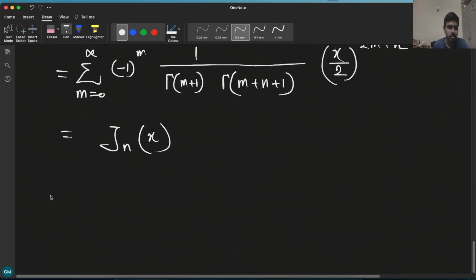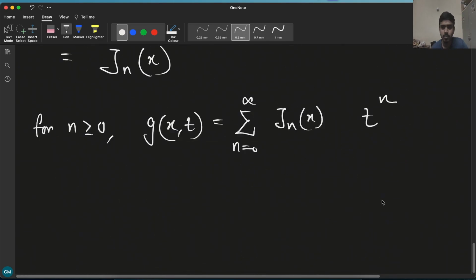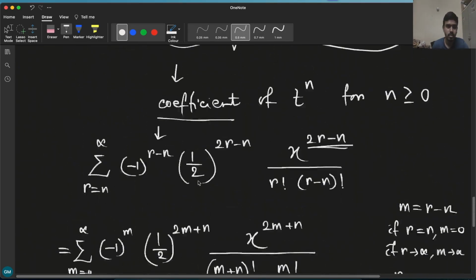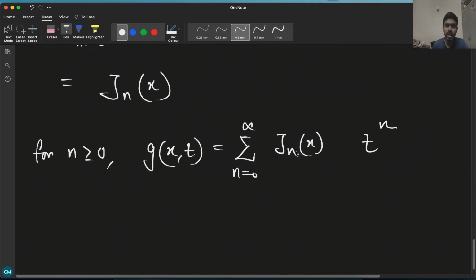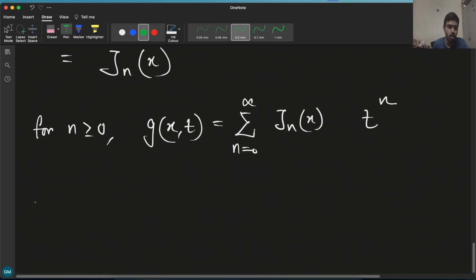So that means for n greater than or equal to 0, what we just showed is that our generating function that we introduced at the beginning can be written as the sum over n equals 0 to infinity of J_n(x) t to the power n. So half of the proof is done. We showed that it can be written as J_n t to the power n for n greater than or equal to 0. Now we need to show the same thing for case 2,